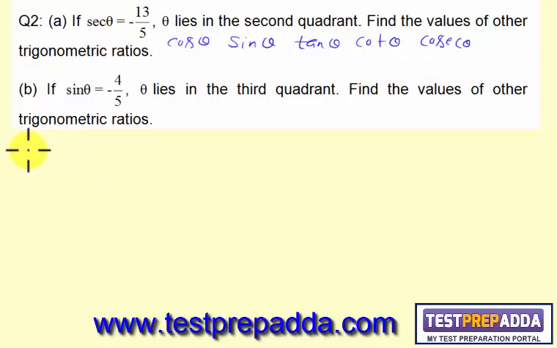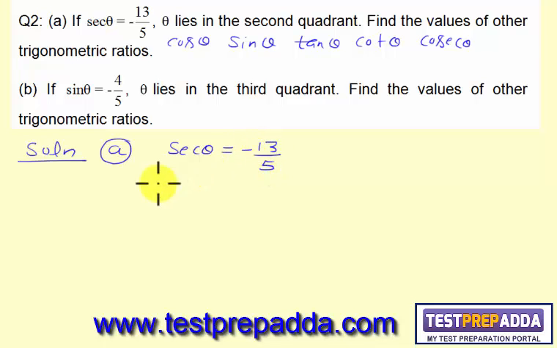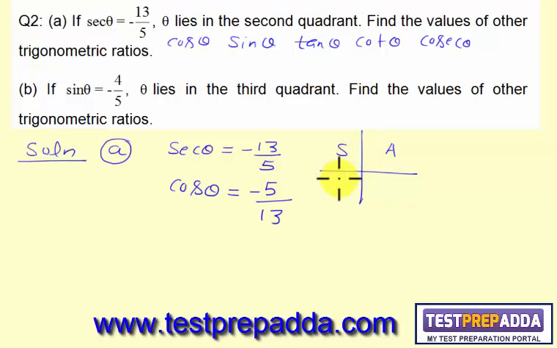So what we do, sec theta is given as minus 13 by 5. So automatically cos theta will become minus 5 upon 13. Okay, if they do not give this statement, theta lies in the second quadrant, we know after school to college